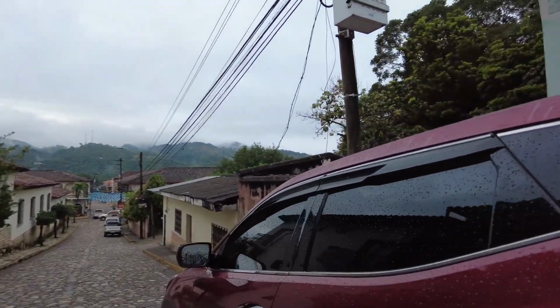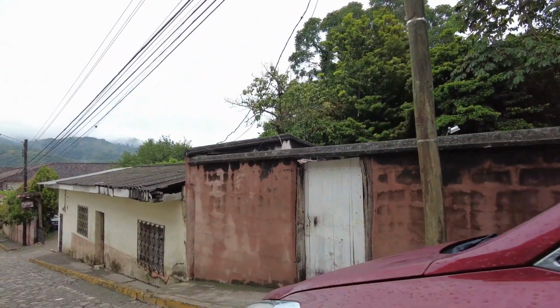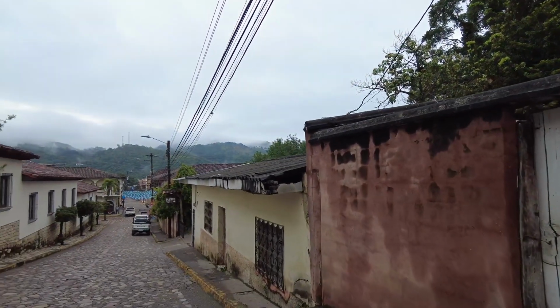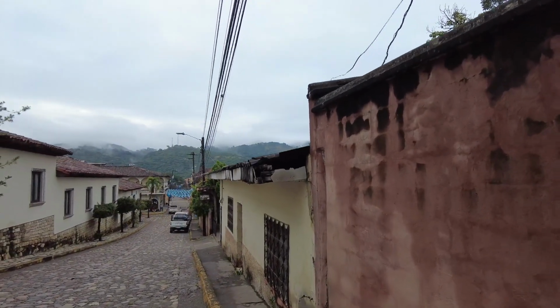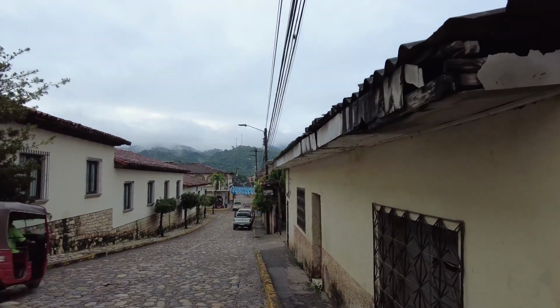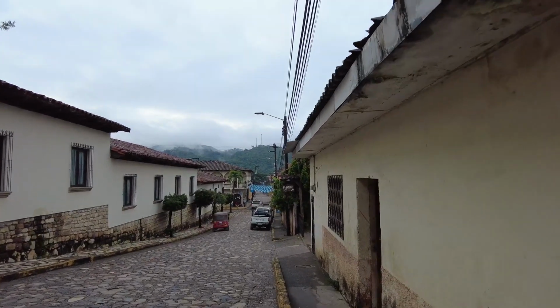Here's a Hyundai. This is pretty much like a Hyundai Santa Fe. I think it might have been a Santa Fe with a badge. Now, I do want to try to get to a dealer while I'm out here just to see the cars. I want to see some of these Toyotas. The actual hood scoops